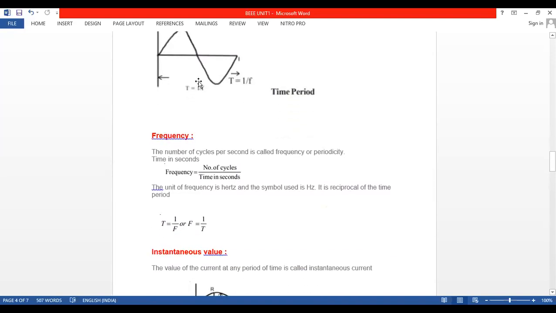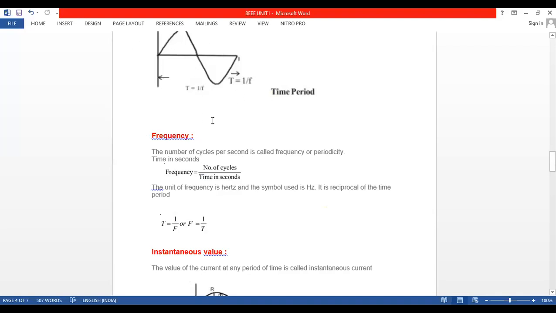See, all of you, in general I will tell you. If I am just saying hello in simple language, then my frequency is less. Frequency means number of cycles per second. If I say hello loudly in that manner, then my frequency is increased. Whenever you are shouting, your voice frequency is increasing. Whenever you are speaking with low value, your frequency is low. So what is a frequency? Number of cycles per second. In 1 second, how many cycles have been created?